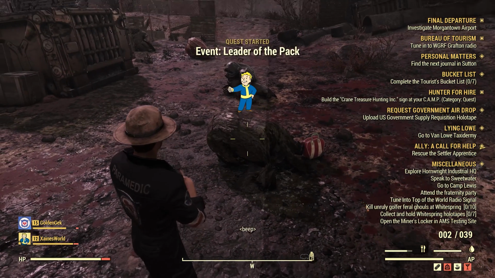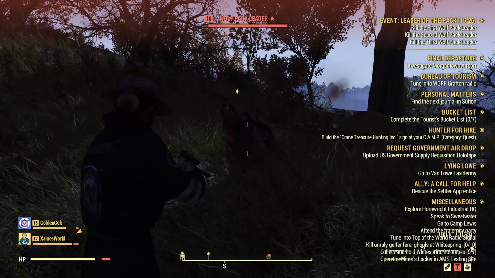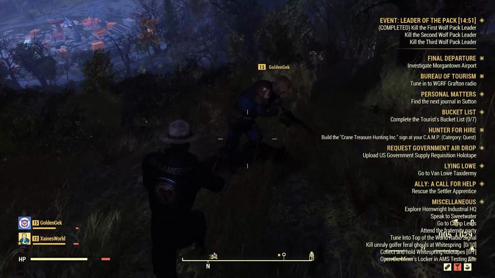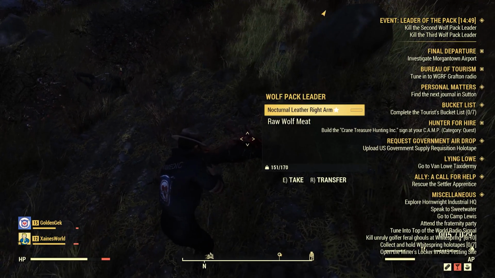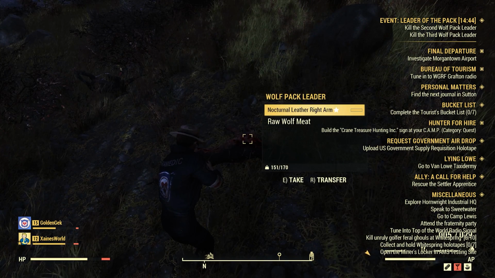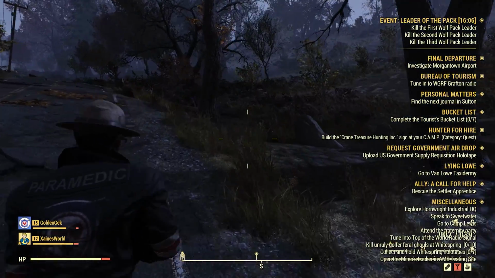First is the Leader of the Pack event. This is a really great event to do early game. It is aimed at levels 1 to 9 and can be found northwest of Vault 76 at the Tyler County Fairgrounds. Completing this event will reward you with 3 legendary items leveled to you within its level range, and it's quite easy generally speaking. When the event becomes active, head straight there as there is a 20-minute or so time